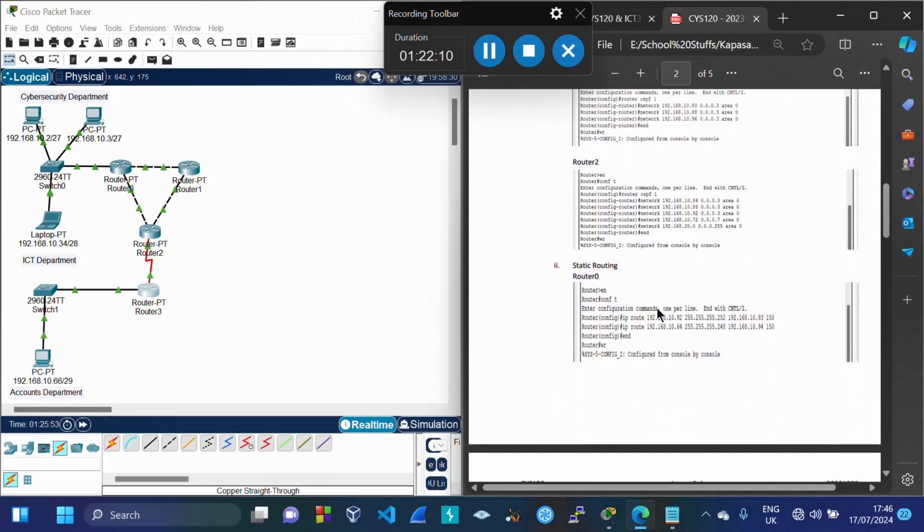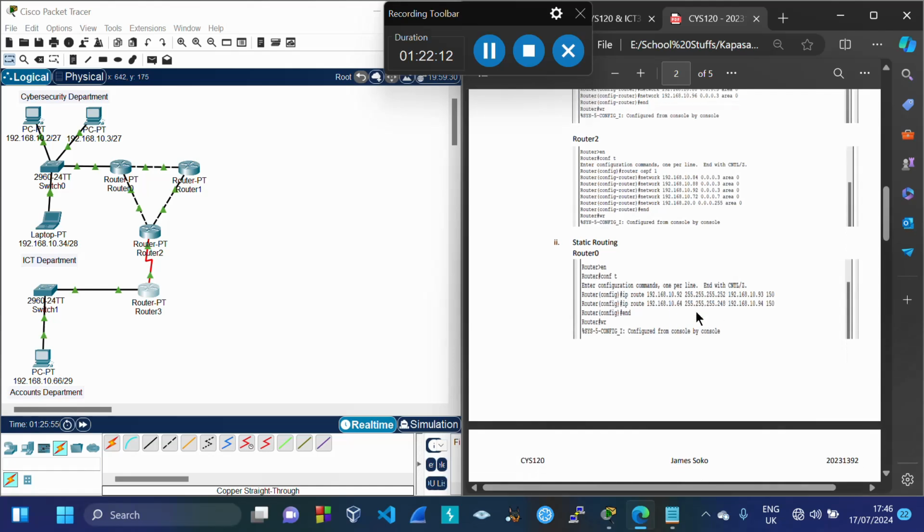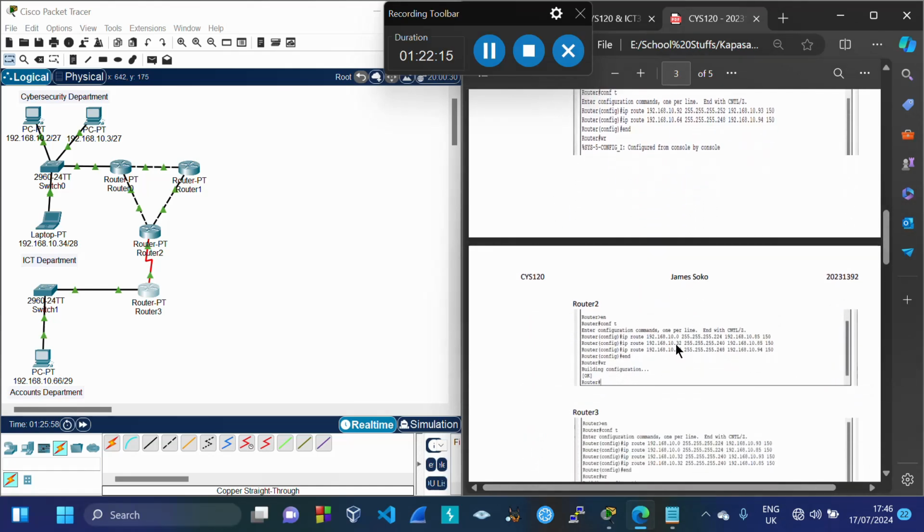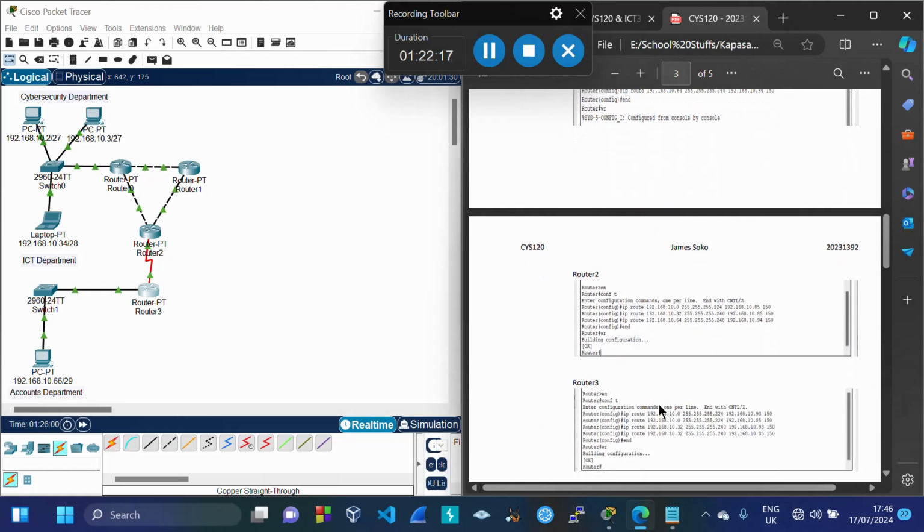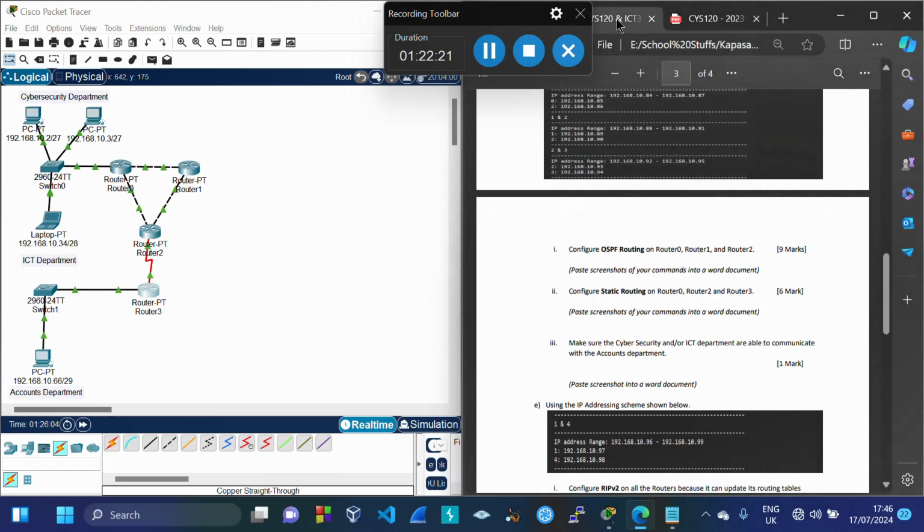So for static, this is the first one. For router 0, you indicate. Then for router 2, you indicate. And then for router 3, you indicate like that. Okay. So once we are done, we have another question which says make sure the cyber security and or ICT